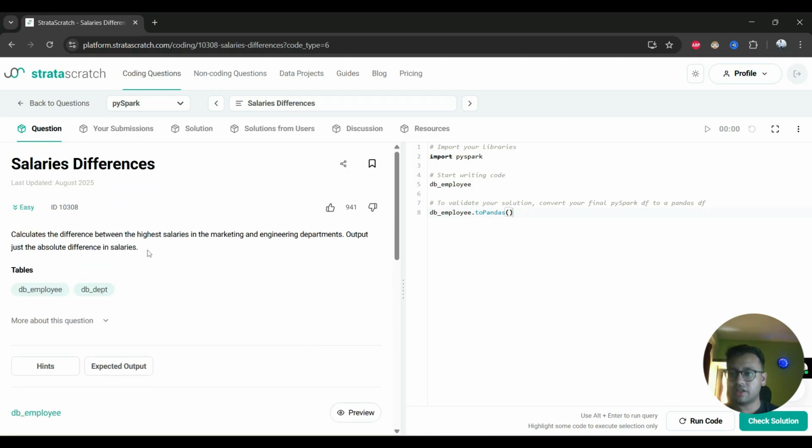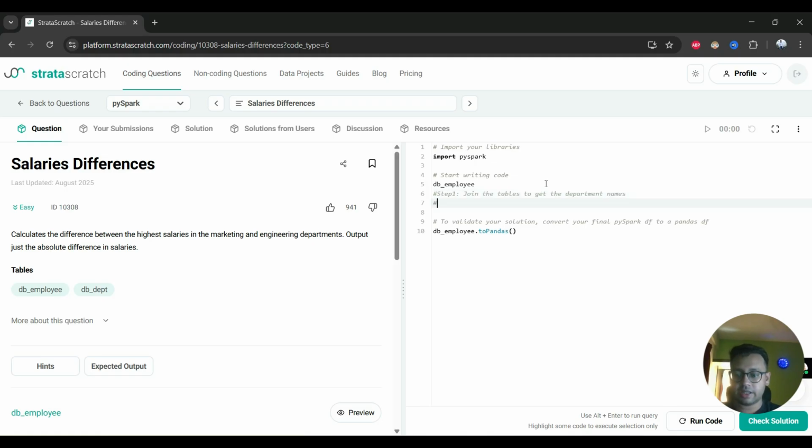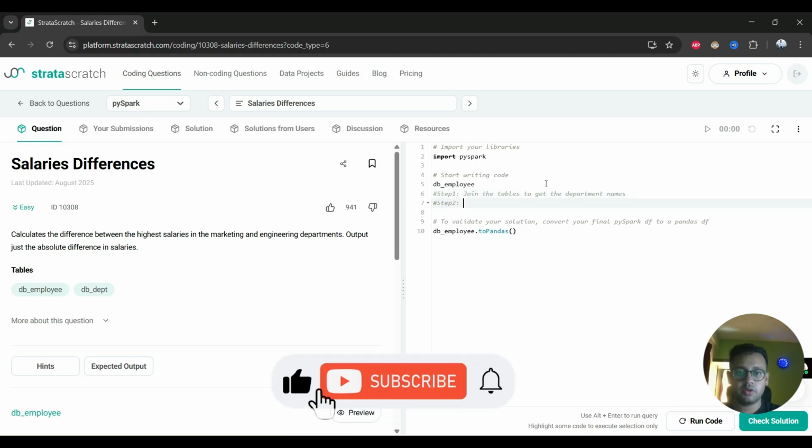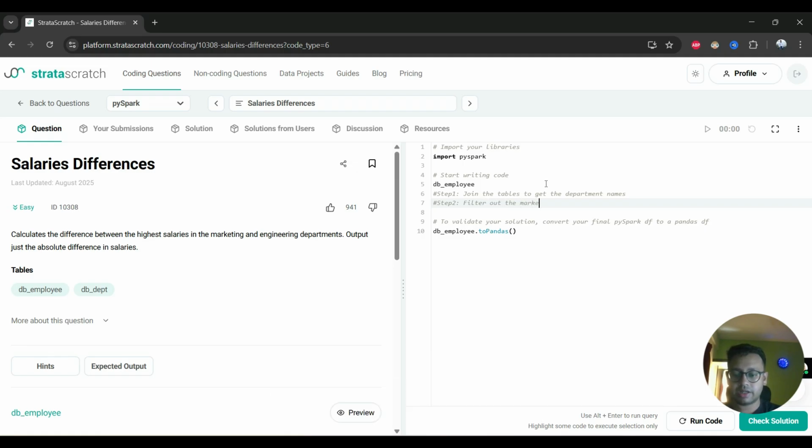As you see here in the question, they are clearly asking us to calculate the difference between the highest salaries in the marketing and engineering departments. So let us start writing the steps first. Step one would be to join the tables to get the department names. Then in step 2, we need to filter out the marketing and engineering departments. In step 3, we need to